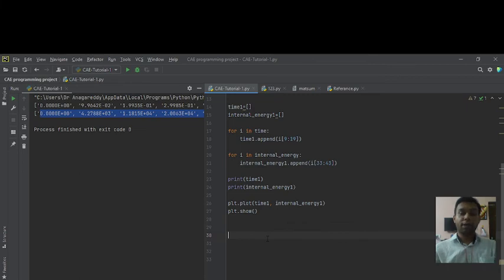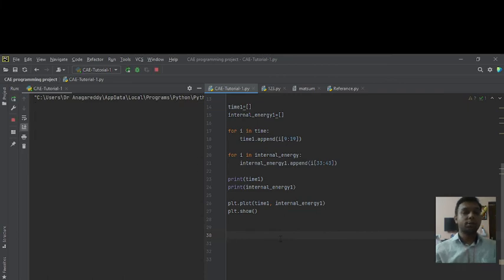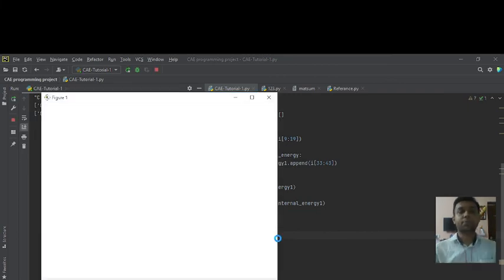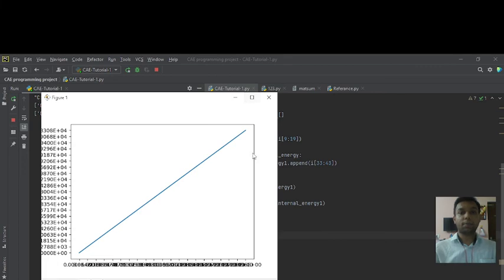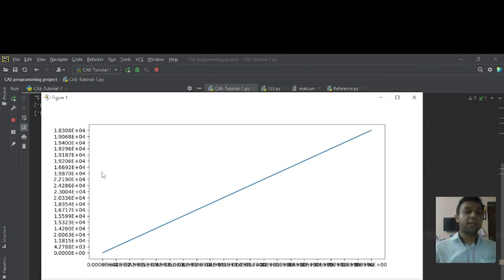Okay friends, so finally we completed our program, and let's see our ultimate aim. So we are executing the program. In this way we got the output. This is a graph for internal energy versus time, you can see on the screen.